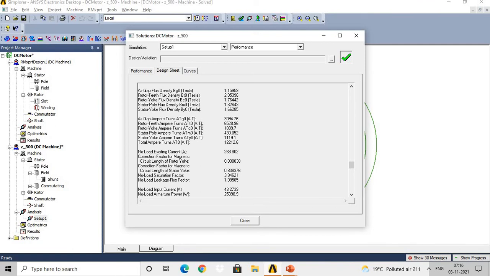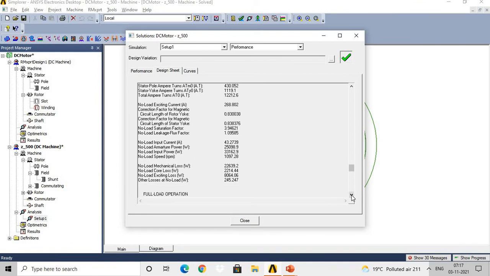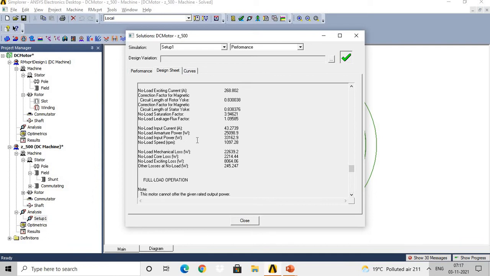Then air gap ampere turns AT G0, rotor teeth ampere turns, then rotor yoke ampere turns, stator pole ampere turns, stator yoke ampere turns, total ampere turns AT0, then no load excitation current, correction factor for the magnetic circuit length of the rotor yoke, correction factor for the magnetic circuit length of the stator yoke, no load saturation factor, no load leakage flux factor, then no load input current, no load armature power, no load input power, no load speed, then no load mechanical loss, no load core loss, no load exciting loss, then other losses at no load.